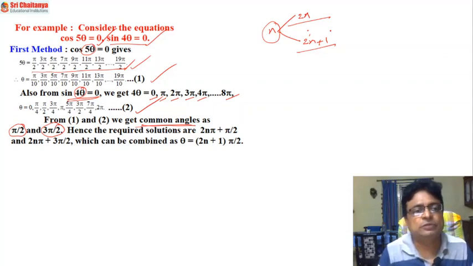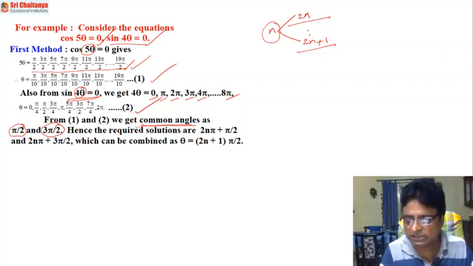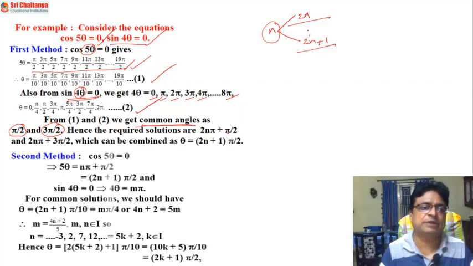So, what we understood from the first method is, the only thing is to solve the equations for theta or whatever it may be the variable, and write the common angles of the two equations and add 2n pi, and to write the combined form depends upon the n. If possible, you replace it with a sufficient value of n, otherwise you can leave it as it is. Now coming to method number 2.